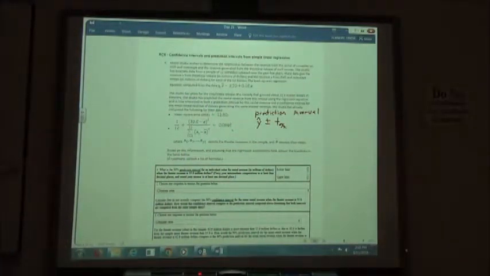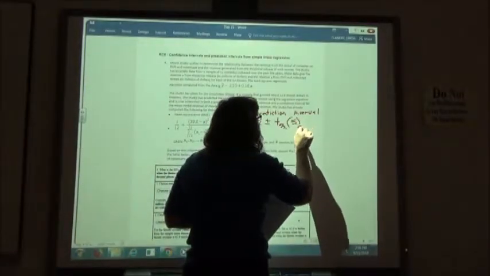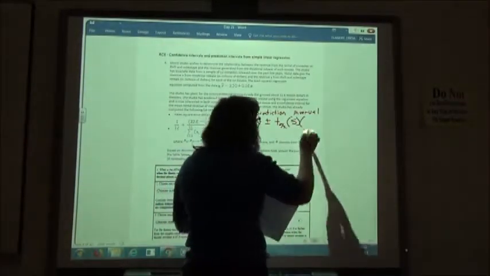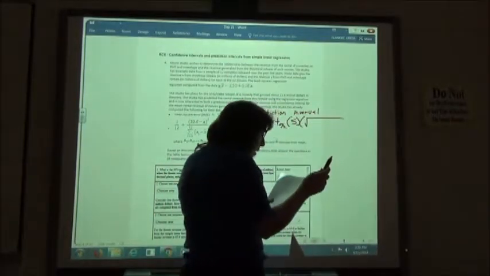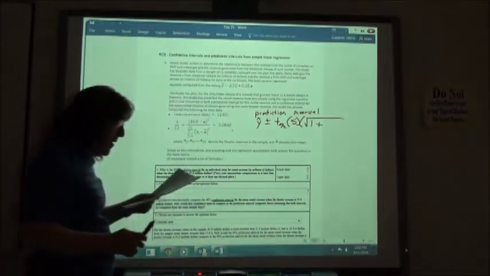We'll talk about that in a minute, times the s value times the square root of 1 plus,